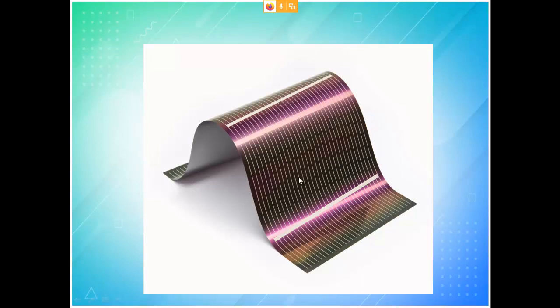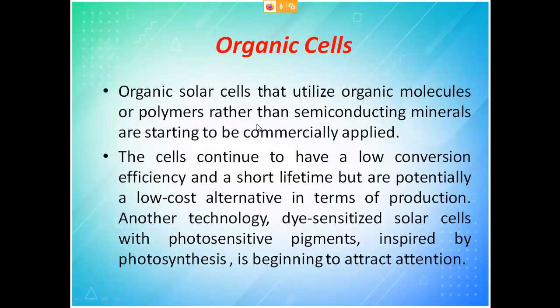This will be useful where something needs to fold and open. See, when you send a satellite, the arms are closed and sent, and after the satellite is launched, the arms open. In that case, folding of the solar panel takes place. So there we go for thin film. And the last one is the organic solar cell, which utilizes organic molecules or polymers rather than semiconductors. When you move from semiconductors to polymers, obviously the size will increase. So that is the difference between these.